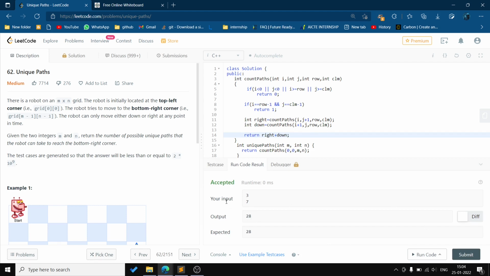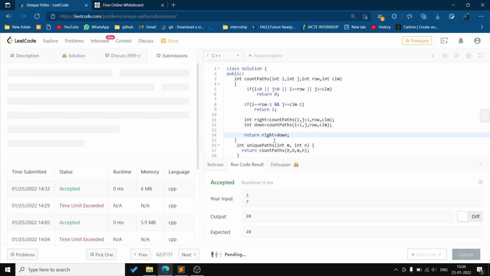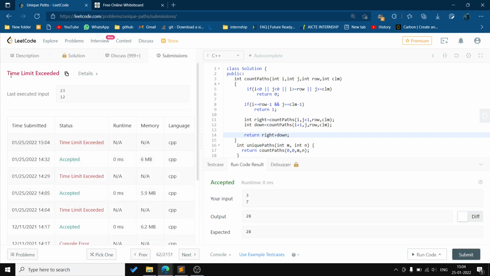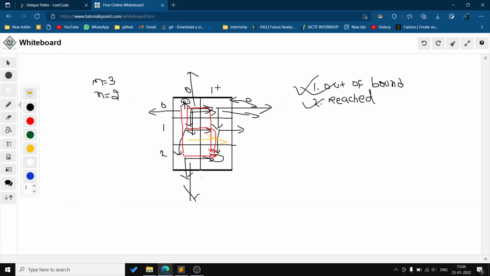Yes, you can check that for this input it's giving the right value. Let us submit, and you can see we are getting a time limit exceeded. Now why is that? Let us see the reason behind that. The reason is, you can see here,